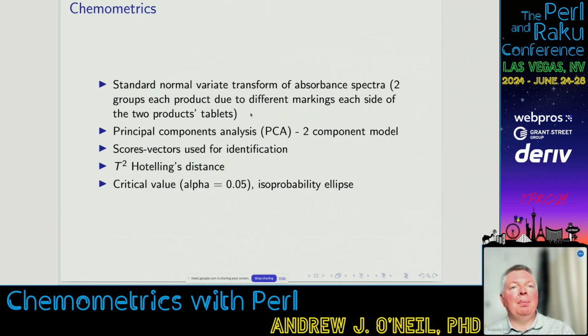So product identification marks are stamped into the tablet, and that affects the reflection of the light in particular ways, causing two groupings of spectra per product, and that isn't useful for identification purposes. It's not a useful form of spectral variance, so that has to be minimized before moving on to the chemometric model